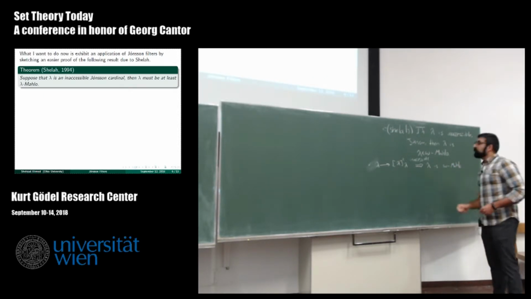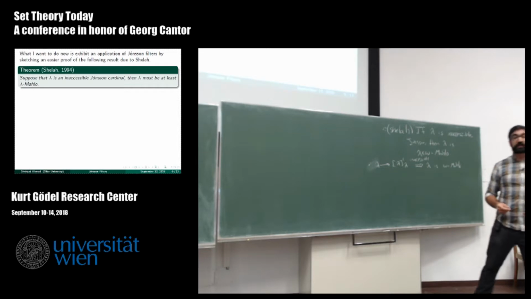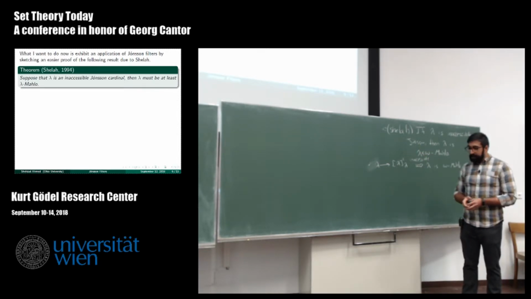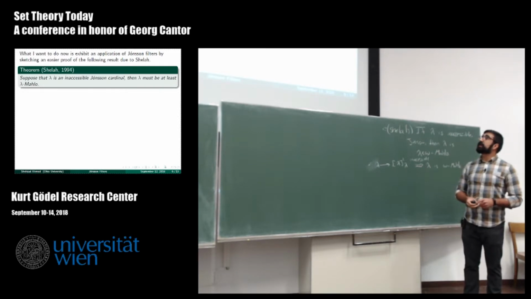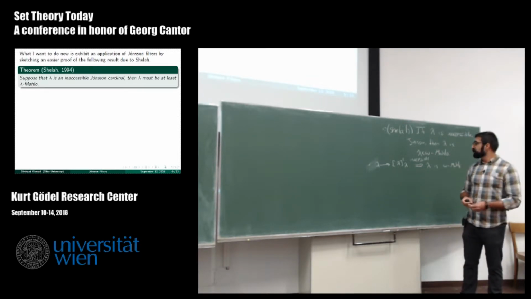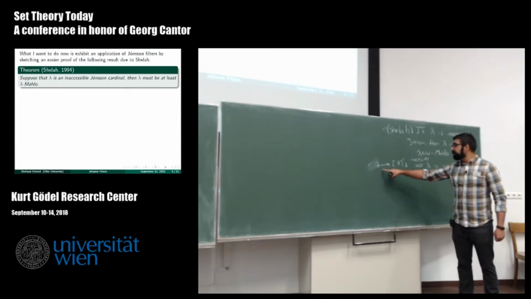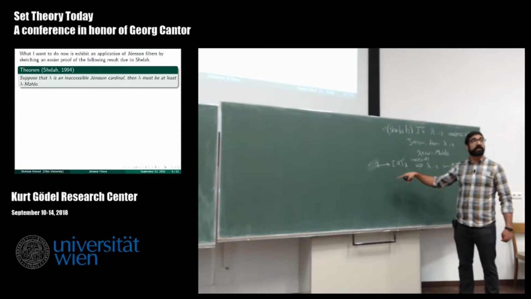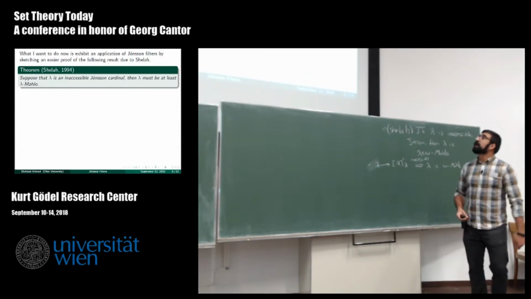That is an extremely wide gap between what we know about colorings of pairs and what we know about colorings of finite sets. And the idea here is that we can equally define Jónsson filters for colorings of pairs, by asking for a coloring of pairs and a filter such that the filter swallows the range of these colorings.